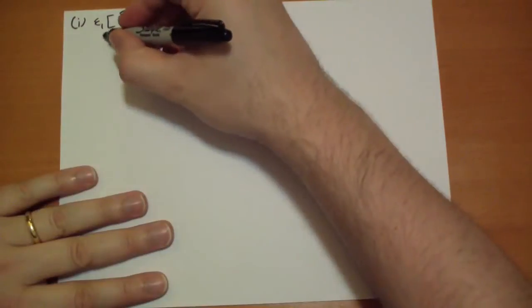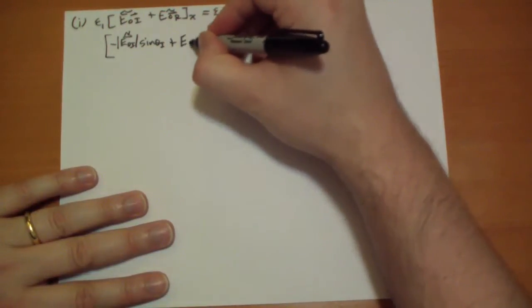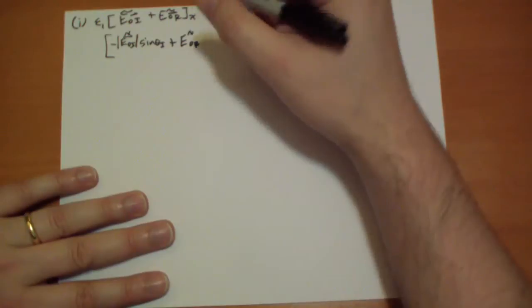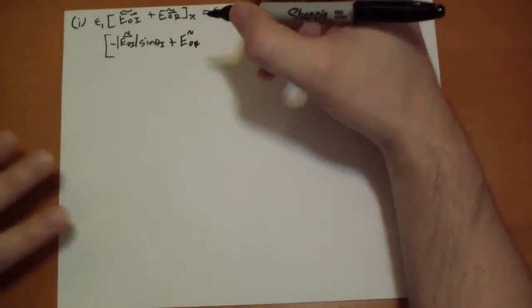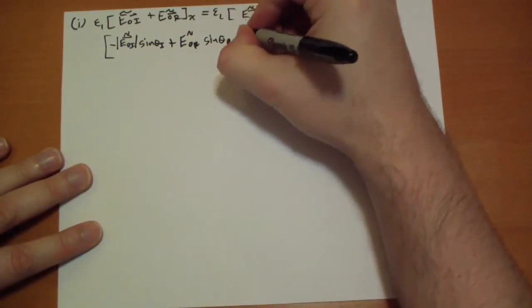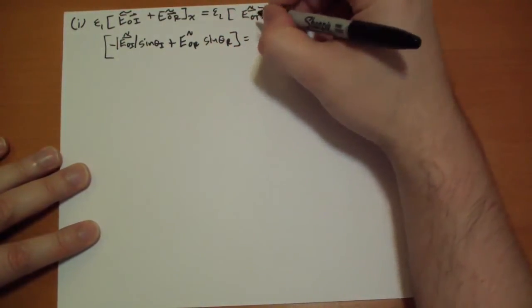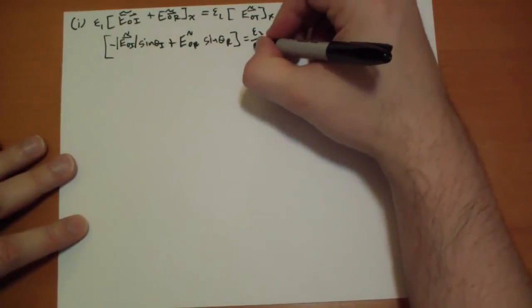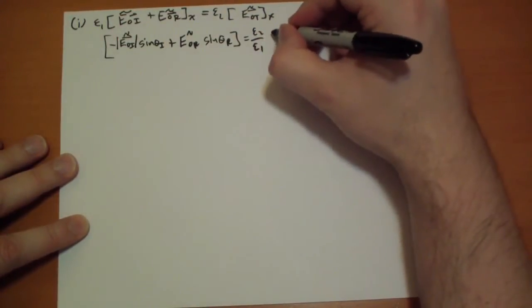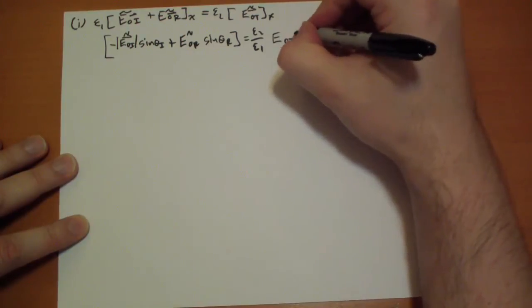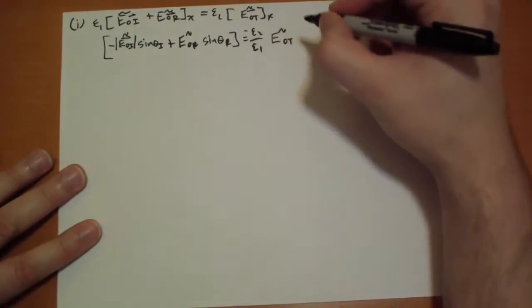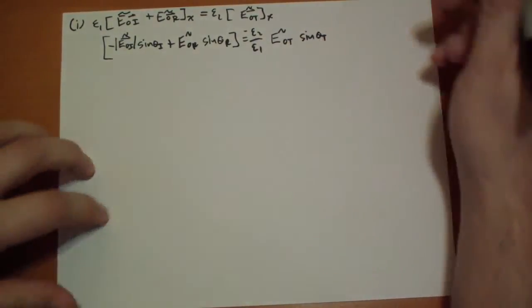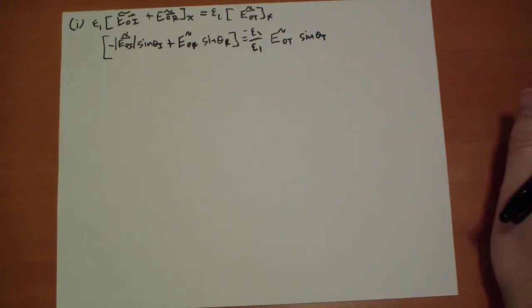And then the E_R is the magnitude E naught R, I'll just write it out that way without the vector sign, times sine of theta R. And that has to equal E2 over E1 times E naught T, the magnitude of that vector, minus sine theta T. And that simplifies to